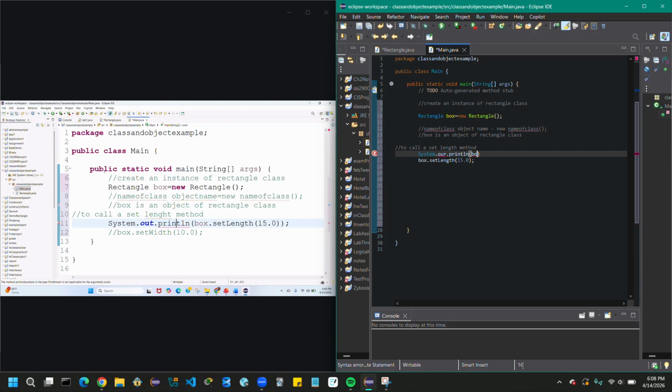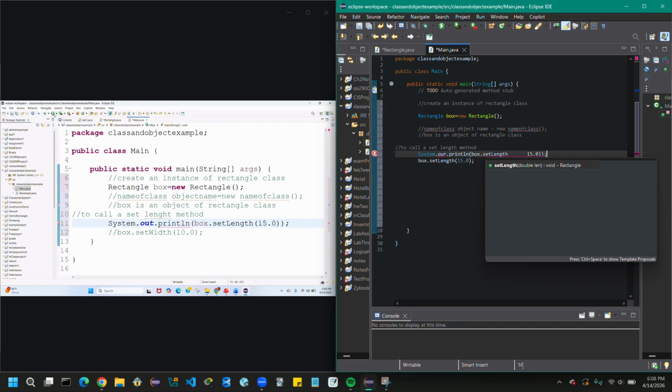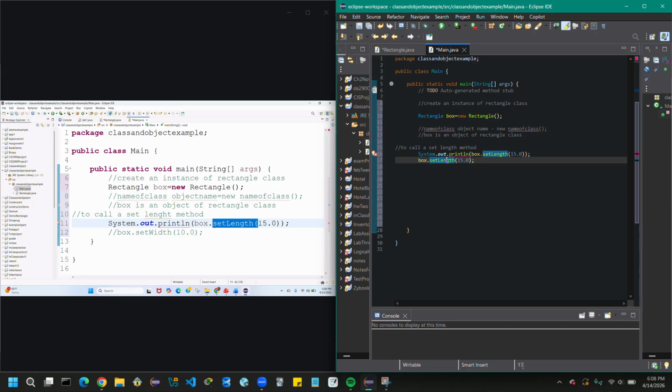Why? Because this is a void method and it will not return a value. So even if you try to run, it will not return a value. The set method is only useful for setting up the value. Keep all these things in mind.